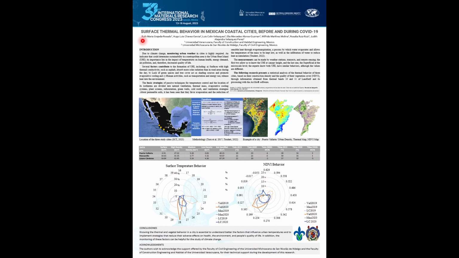Hi, today I will present to you surface thermal behavior in Mexican coastal cities before and during COVID-19. Due to climate change, monitoring urban weather in cities is highly required. An indicator that could determine sustainability in a metropolitan area is the urban heat island,